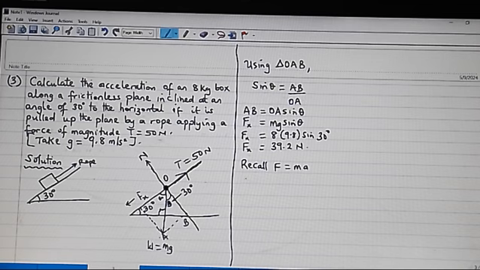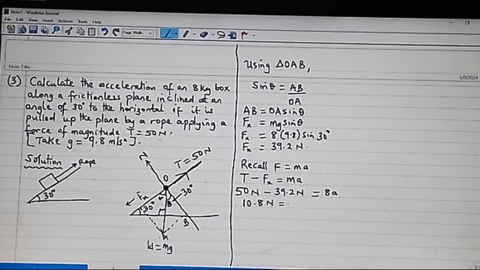So we say T minus Fx is equal to MA. What is T? 50 Newton. What did we calculate as Fx? 39.2 Newton. All equal to, the mass is 8, acceleration is A. So 10.8 Newton